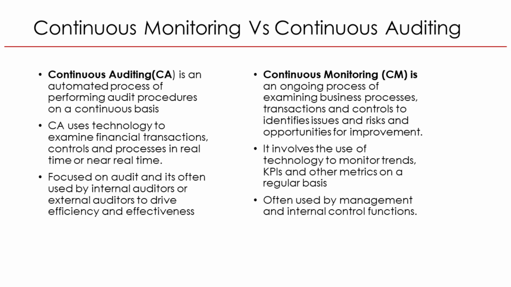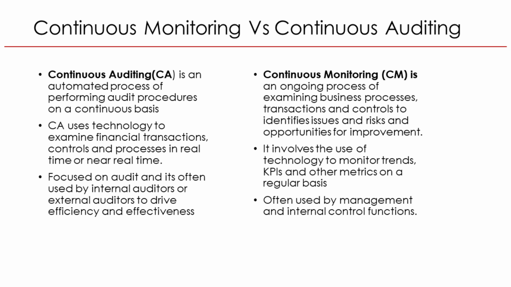Continuous monitoring, CM, on the other hand, is carried out by management to keep an eye on day-to-day business operations. It tracks key performance indicators, KPIs, control effectiveness, and unusual trends to spot risks or opportunities for improvement quickly. This helps management take corrective action before small issues become major problems. Example: a company's finance team uses CM dashboards to monitor sales and payments daily. If the system detects a sudden drop in sales or late payments from key customers, management is notified instantly to